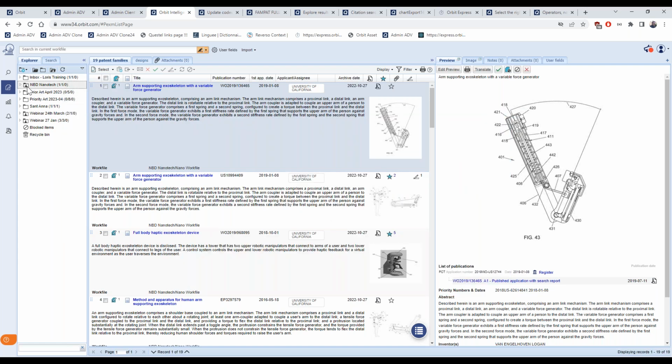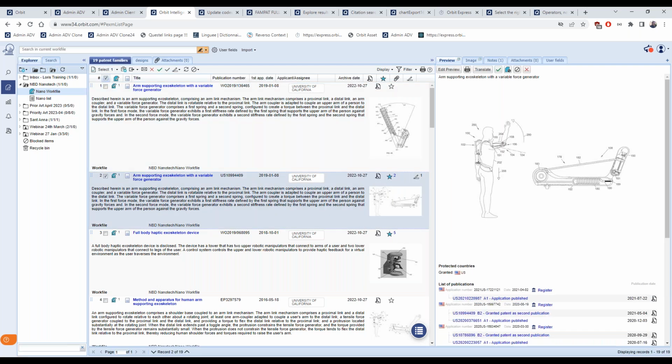Now you can see that the icon already changed. So this colleague will see this work file. I'm currently in a nano work file. He will see the star ranking, for example, that I gave to this family. He will see, if I select a result and mark it as read, that this has already been read by me, so he won't review this result again, and so on.